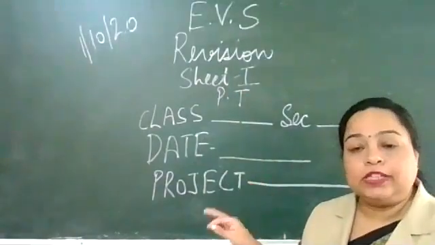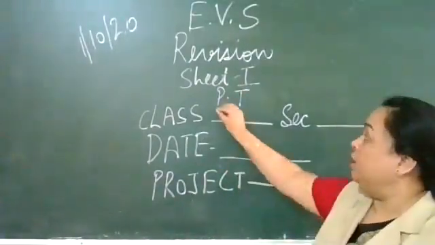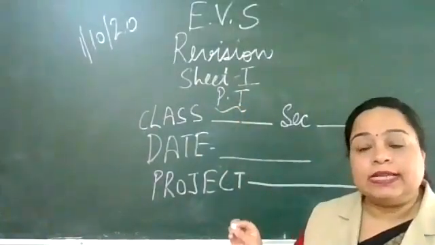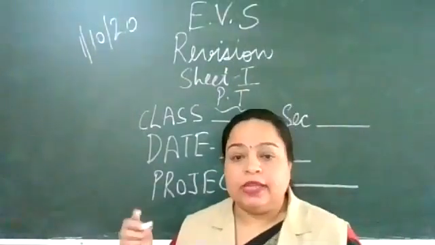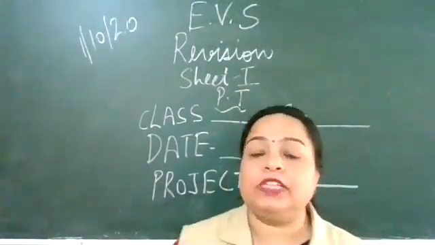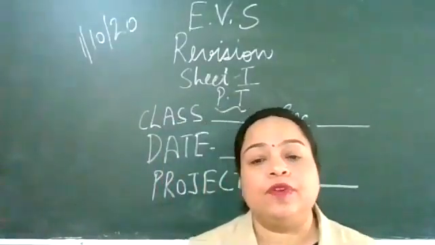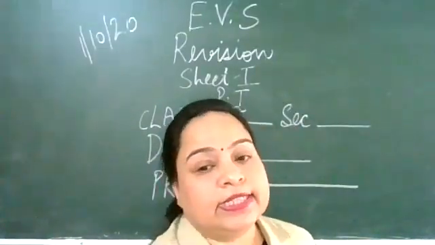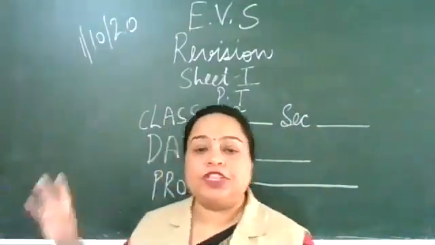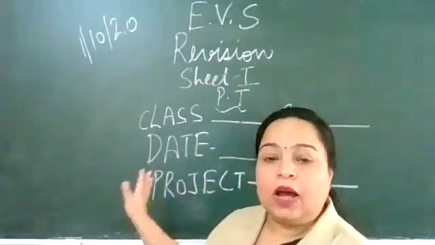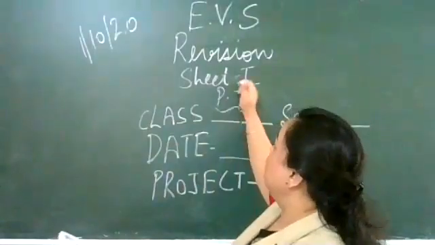You can decorate the sheet also, but this will be fixed for both the periodic test sheet as well as your term 1 sheet. Okay, this is the first page. Then you can use the next page for explanation of the jute bags as well as for the conservation of environment like electricity and closing of the running tap. This is the first sheet you have to make. Now I'll explain the next project, the term 1 project.